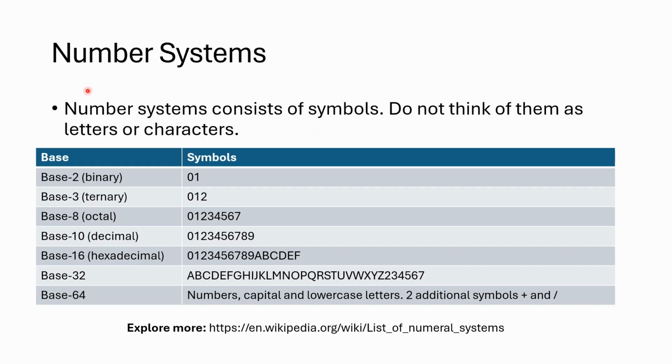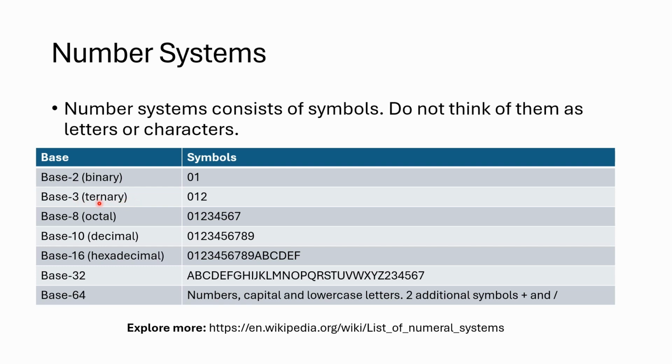So now number systems. This can be a little bit to wrap your head around, but number systems consist of symbols. Don't think of them as letters or characters. So jumping down to base 16, which is hexadecimal, you see A, B, C, D, E, F. Those aren't letters in this instance. They're symbols. They're part of the number system. So from the top, we have, and these are the most common you'll see, binary, zeros and ones,